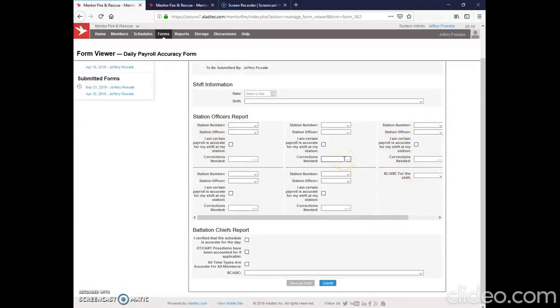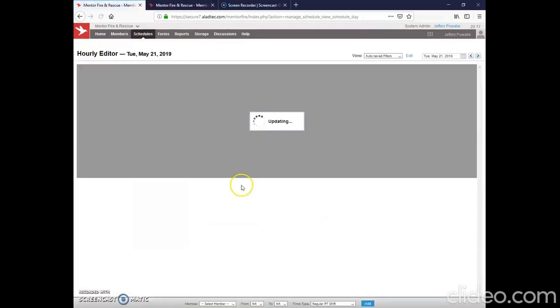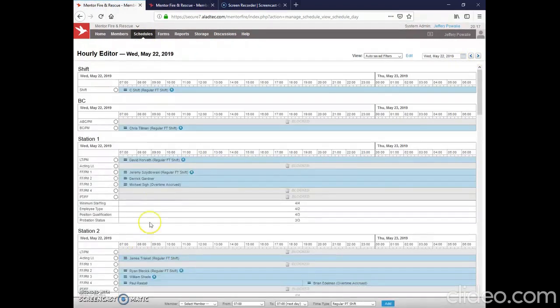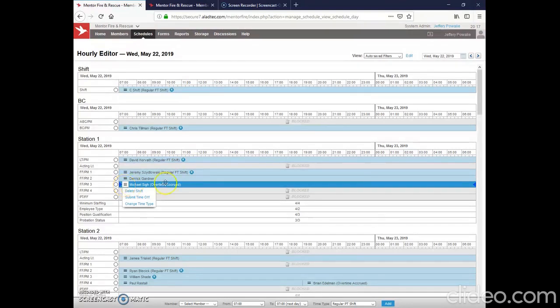If one of them says that they need to correct certain things, jot down some notes, go to your hourly editor, make those corrections, and also account that all time types are accurate. So, again, schedule editor. Say, this is my day. Check each full-time guy that they're full-time. If a guy works overtime, make sure that his overtime form matches, that he wants overtime or that he wants comp